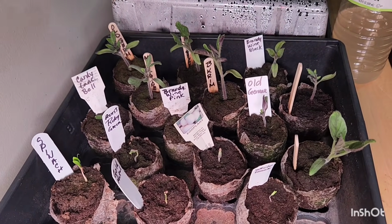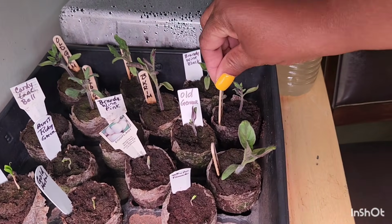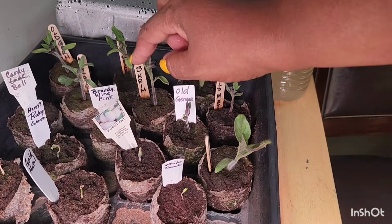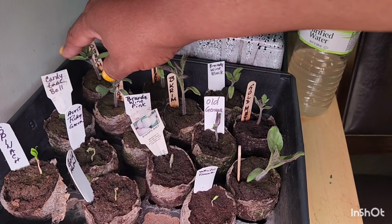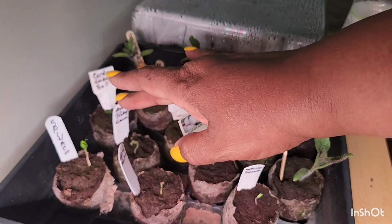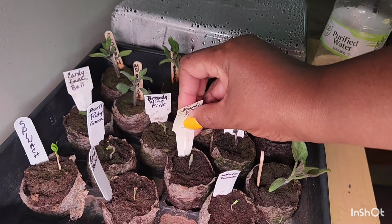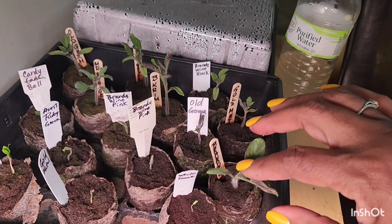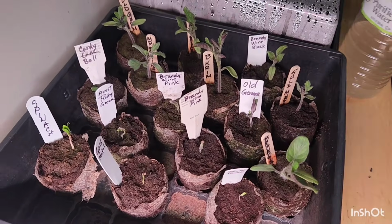Brandywine Black, Old German. What is this? Cherokee Purple. Gold Medal. Another Old German, Black Creme. I don't know what that is. Candy. This is one of the candy cane bell peppers. The unruby. What is this? Oh, Brandywine Pink. So a good bit has come up out of the 25 that were in here,